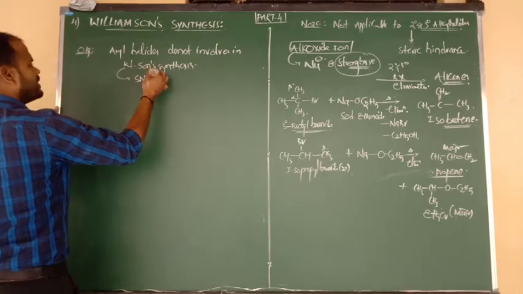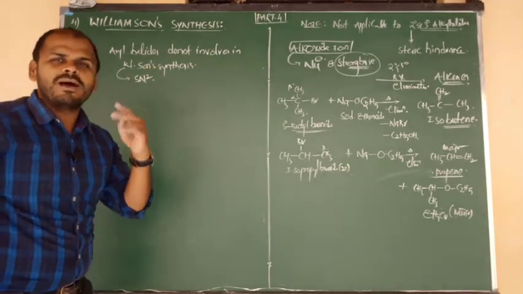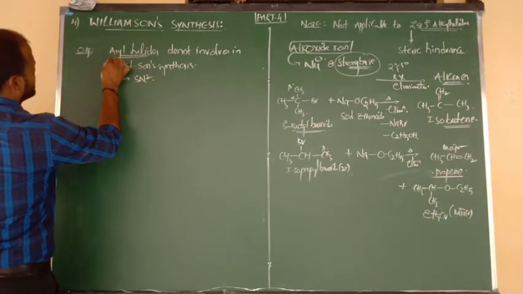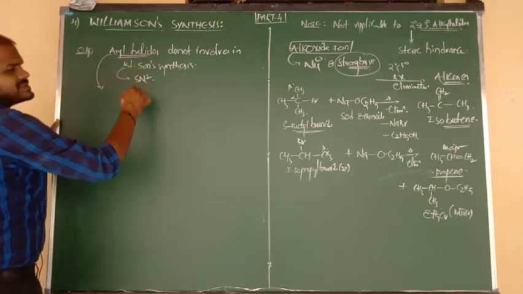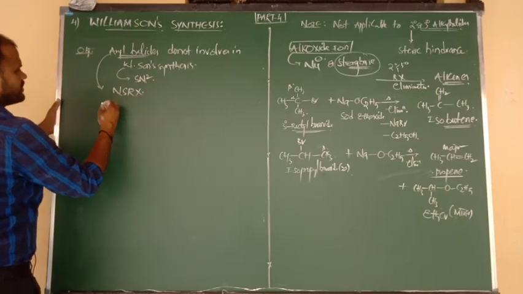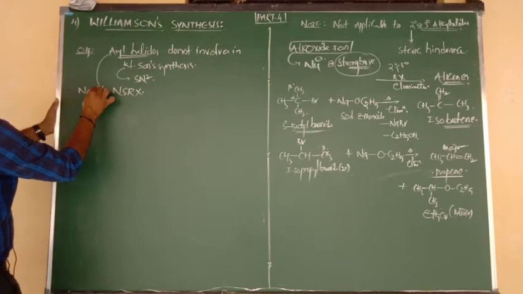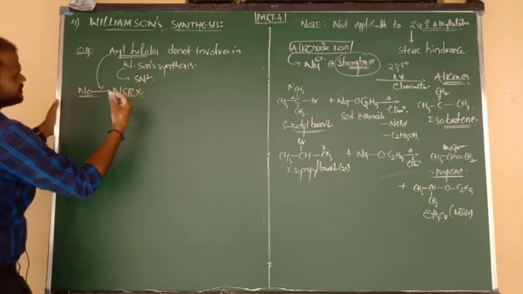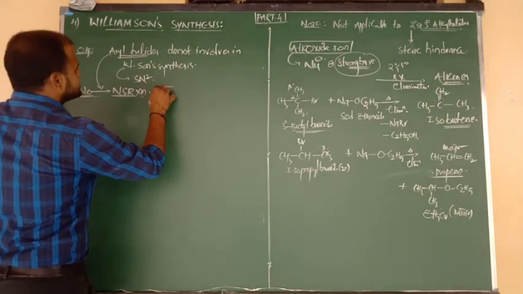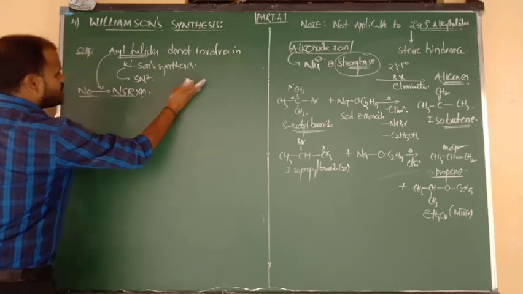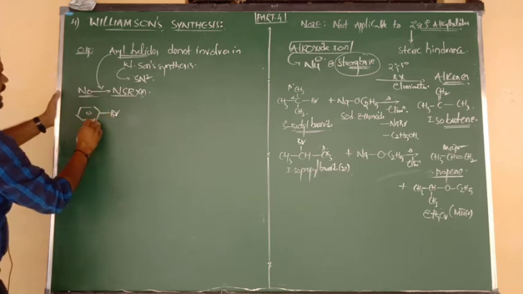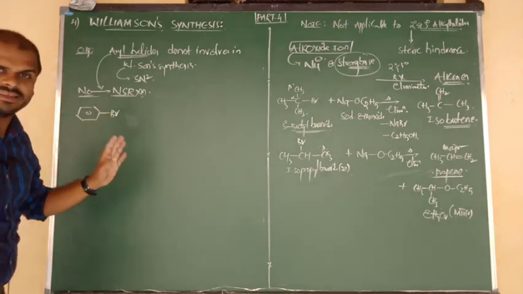Nucleophilic substitution reaction, and already I have told you it is a bimolecular nucleophilic substitution reaction. But you know very well, we have studied in the first organic chapter that aryl halides, or haloarenes, do not undergo nucleophilic substitution reactions. So no nucleophilic substitution reaction. For example, I want to give you one example: benzene bonded to Br, bromobenzene, chlorobenzene, like that.